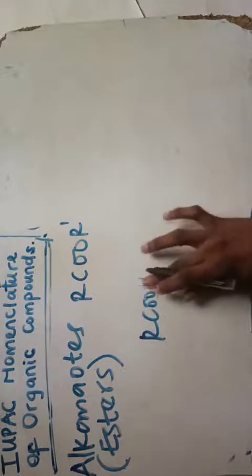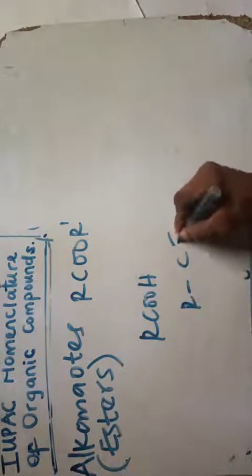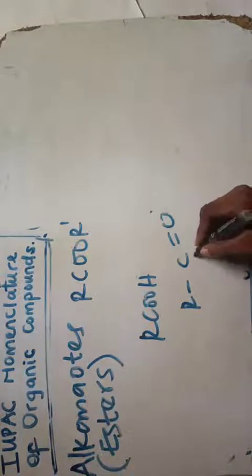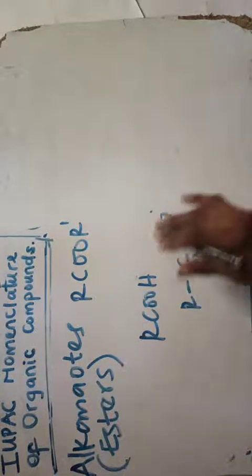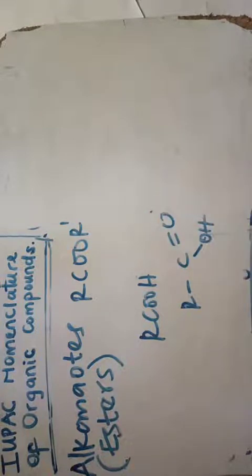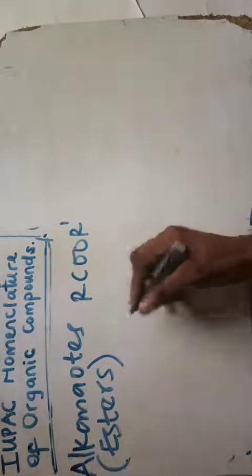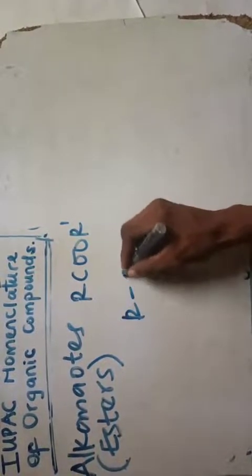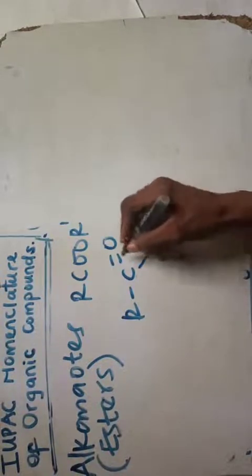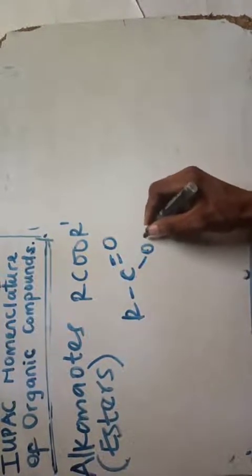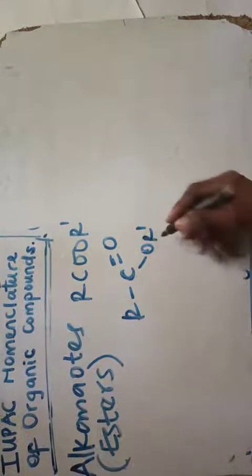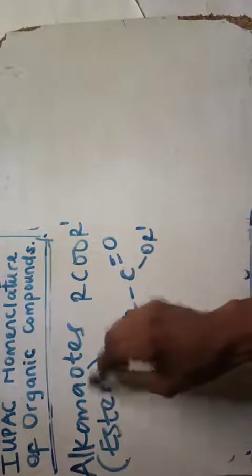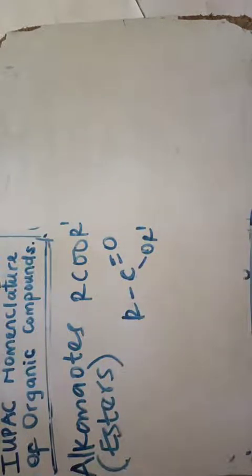So if I change this, in how I draw this, it is just your R, you see double bond O, and you have your single bond, that is your OH, and that is it. So I want to draw my alkanoates, same thing. I just split this one as well. I'm going to have something like this: R, I'll have my C double bond O, I'll have my single O, and I'm going to have my R prime. This is just about different branches, and the functional group there is OATE.